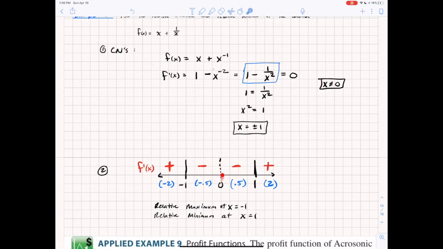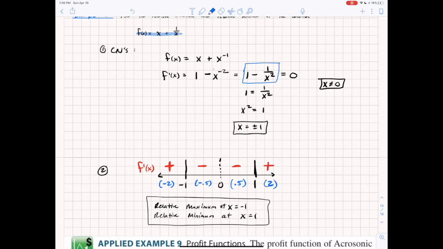It's still something that we need to write out because there could potentially be a change here, but for this graph there's not. So we always have to take that into account. So my final two answers about where a relative max and min occur are at -1 and +1. And again, if I wanted to know their exact values, I could take -1 and 1 and plug them back into the original function, and that would tell me what the actual max value is and the min value is